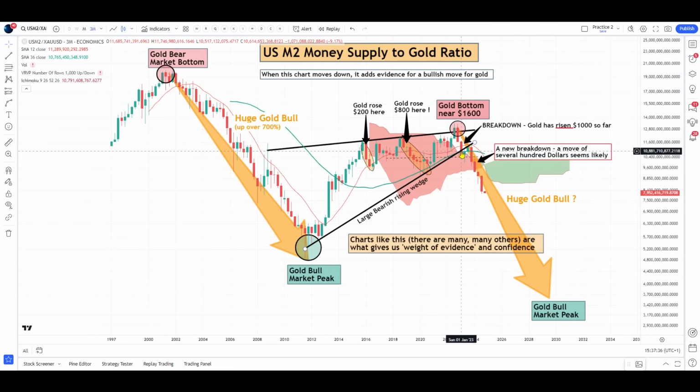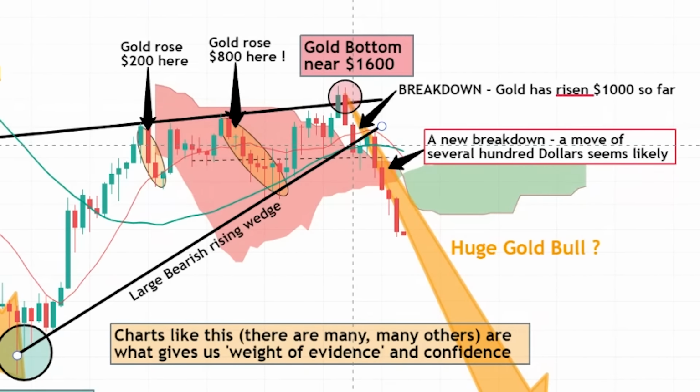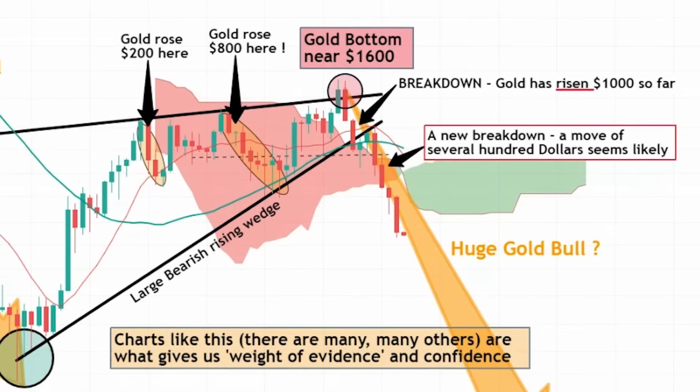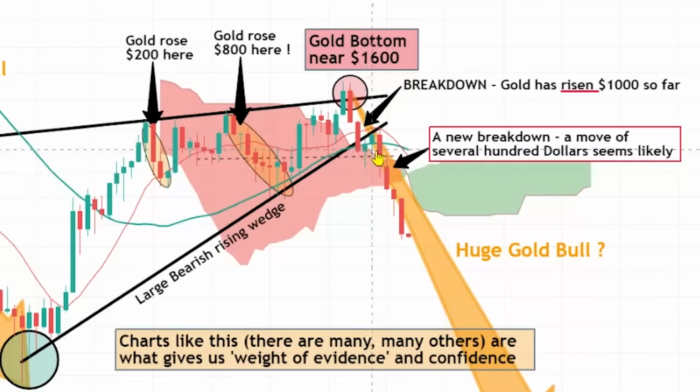Now, look back here. This was January, not 2024. It was January 2023, more than 18 months ago, when I was posting this chart to anybody that would listen all over social media and for website members, to point out exactly what was happening here, that there had been a breakdown. Then a little while later, in middle to late 2023, there was a back test on this rising wedge, and then the ratio chart started to break away and move downwards away from that rising wedge.